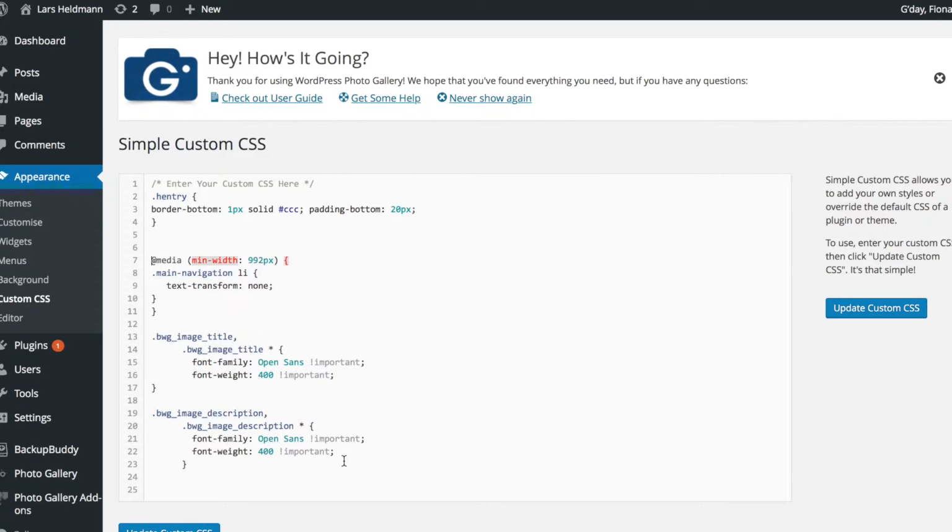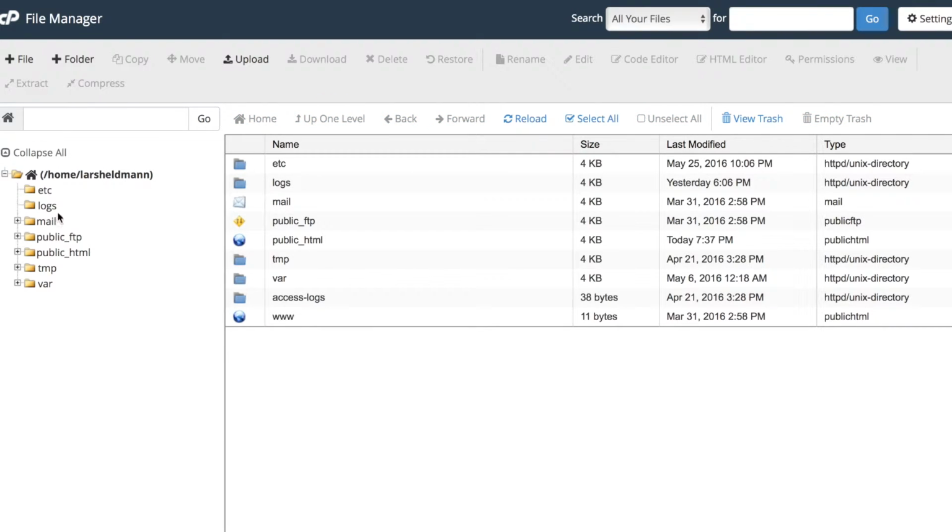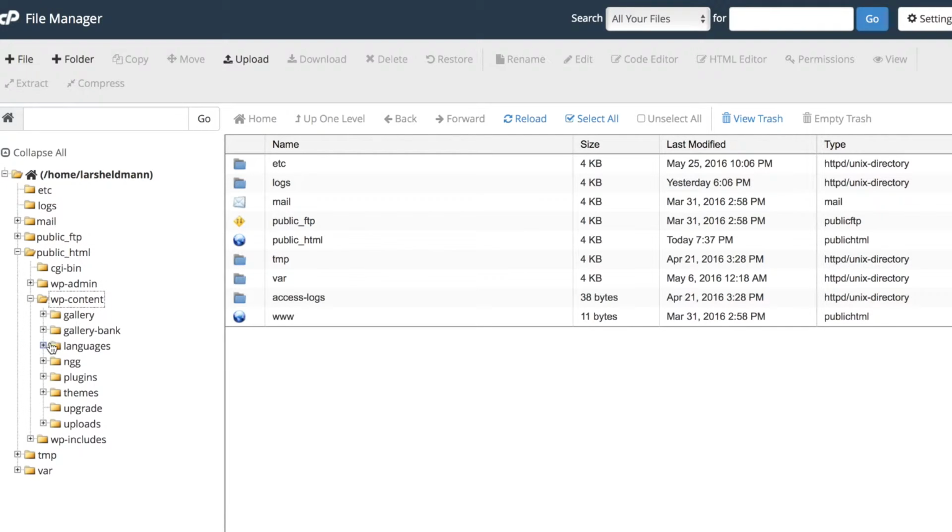So to do that, it's a little bit more complicated. You need to get into the cPanel and physically, well, it's not physically, but change a file on the server. So you have to go into File Manager, open up public HTML, WP content, it's plugins, and it's a Photo Gallery plugin,